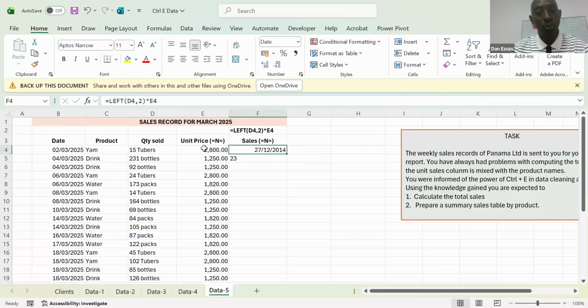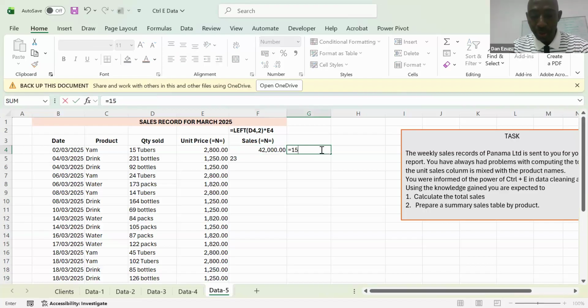Now, it's giving me a date. We already know I've treated date here. Date and numbers in Excel, they are the same thing. So it's giving me a date. All I need is just to convert to numbers by saying Ctrl Shift 1. So that's the answer there. So it's giving me this, which is same thing as 15. If I do manually 15 multiplied by 2,800,